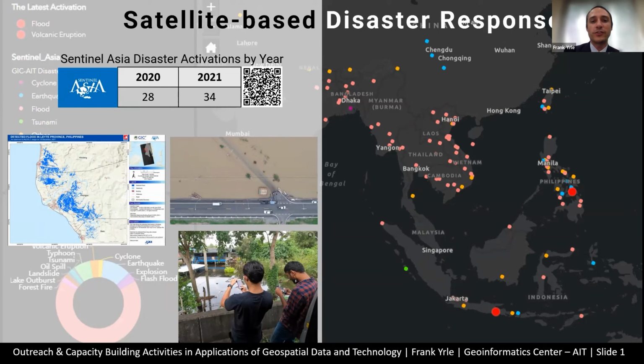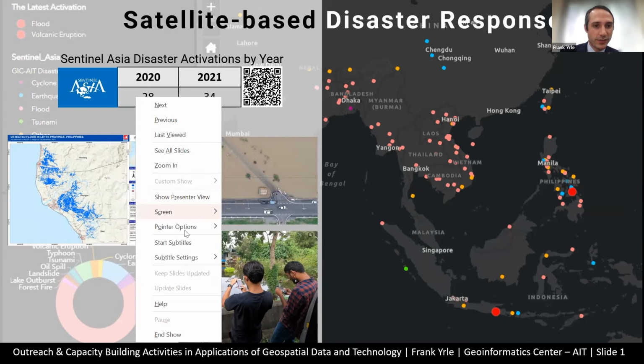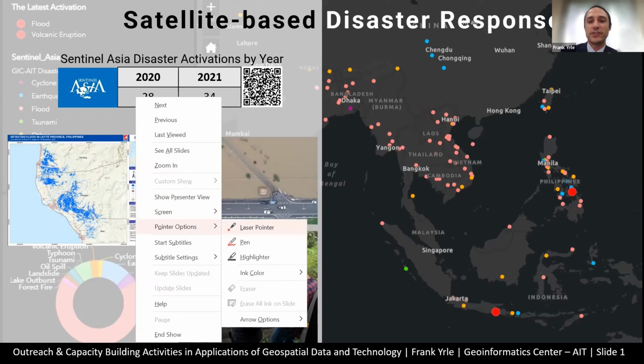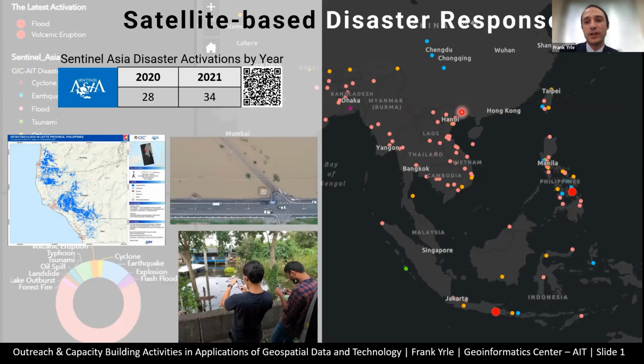So I just wanted to highlight our disaster response portal, which is located on the GIC website, and you can scan that QR code at the top of the screen, and it'll take you right to our disaster response portal. Here we have a map of all the disasters that we've responded to, and these red points are the latest disasters.